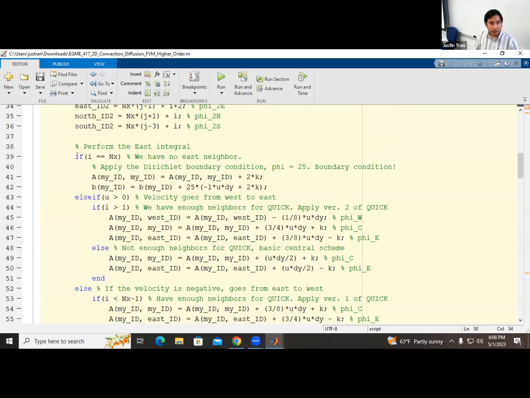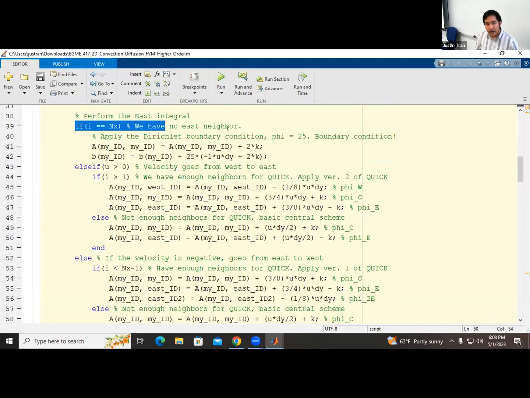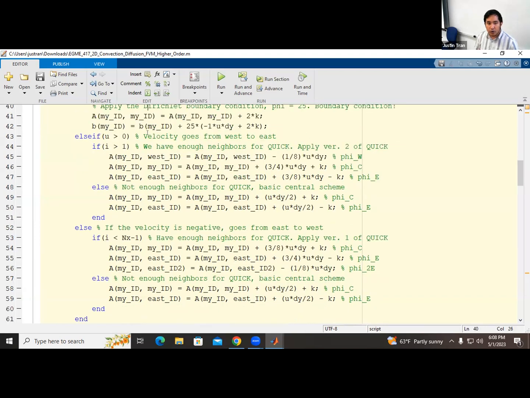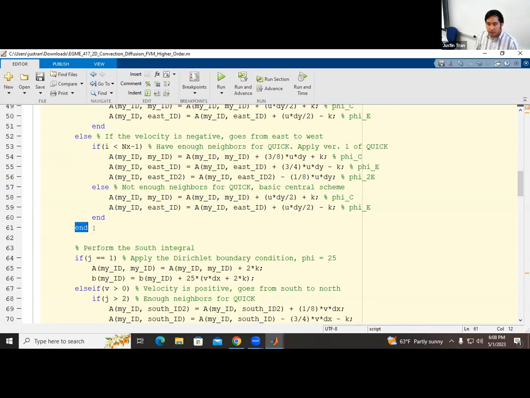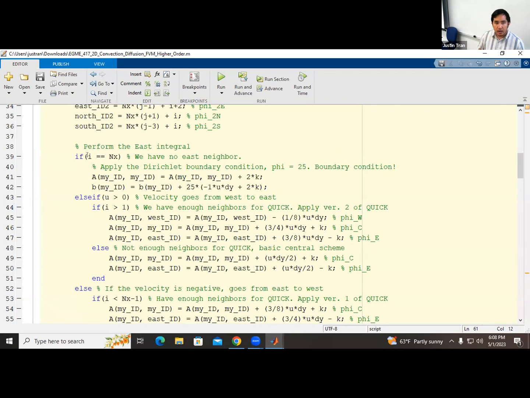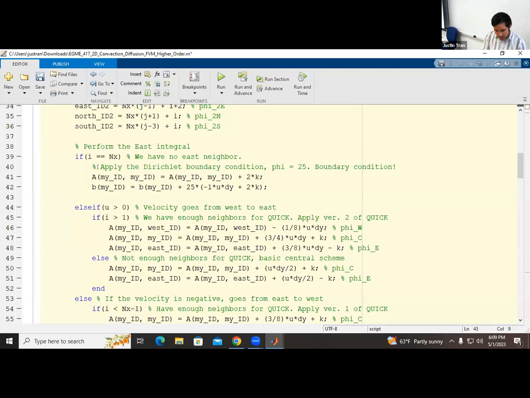The way I've structured this is that if we have a boundary condition, then we execute this part of the code, and then we end, because there's nothing else for us to do. Once we apply the boundary condition, that's it. But for the case when we're not on the boundary, when I is not equal to X, that means we have an interior node. And so from here on out,